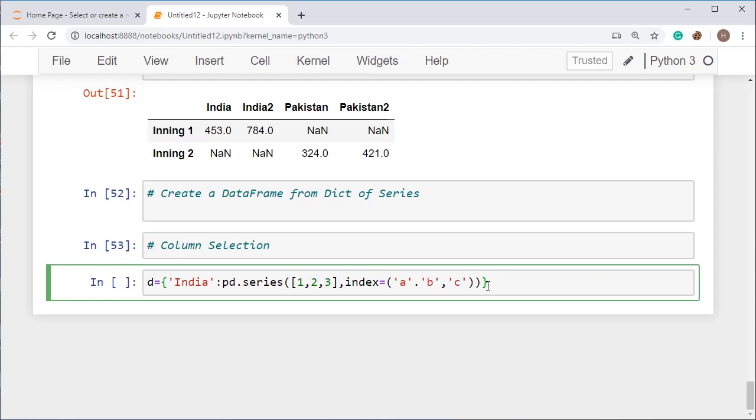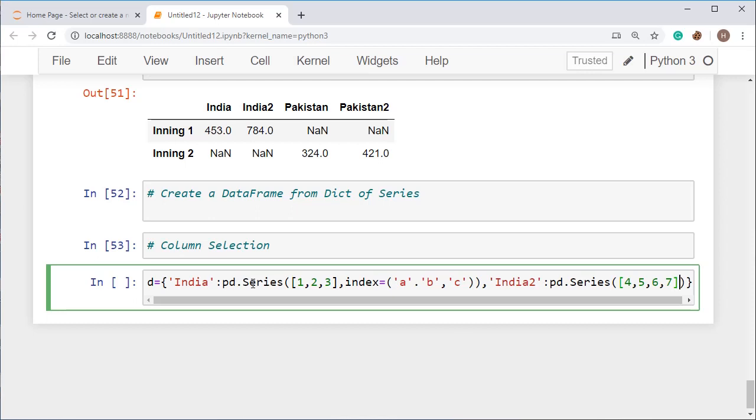Now I am going to create the second element in the same dictionary. So what we have to do? We have to just use a comma, and then go for the second. And now I am taking India 2 as the second key, and I am taking the value again in a series, pd dot Series. Here I have used the small letter, so change it to capital, otherwise you are going to get the error. So pd dot Series, and I am creating again a series, and now I am taking the values one more than that. That one is 4, 5, 6, and 7.